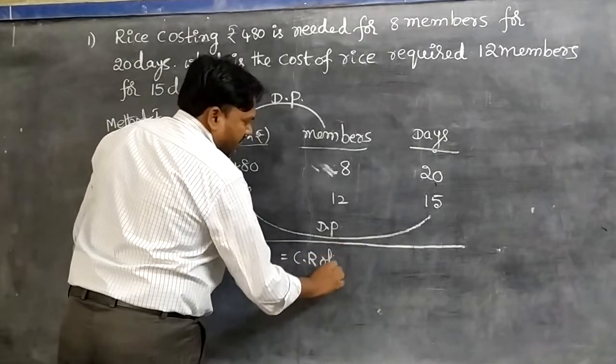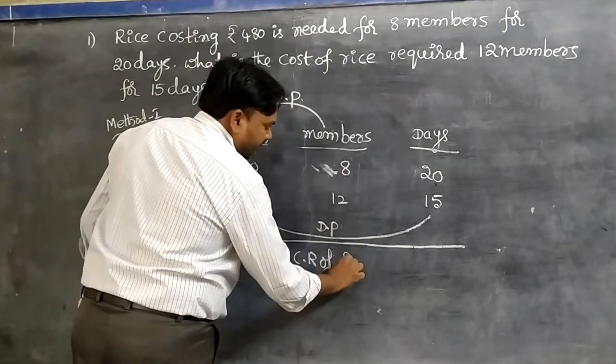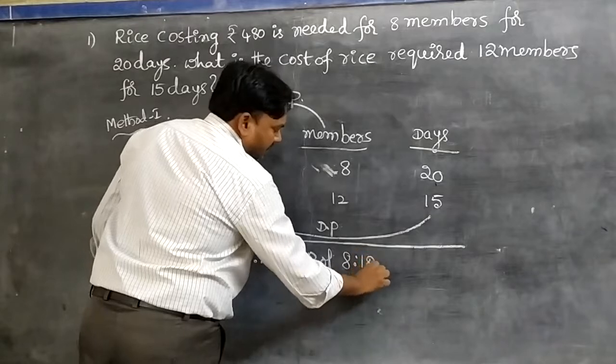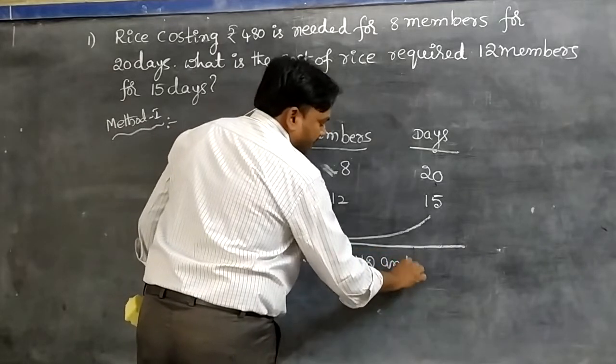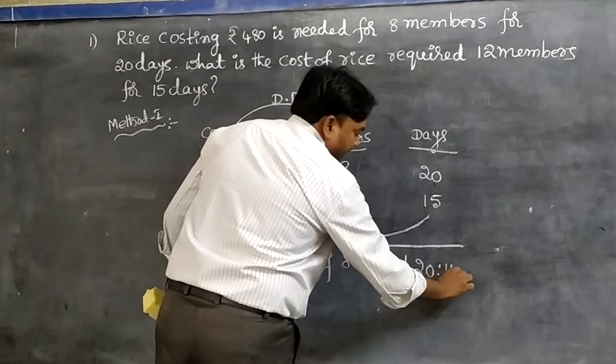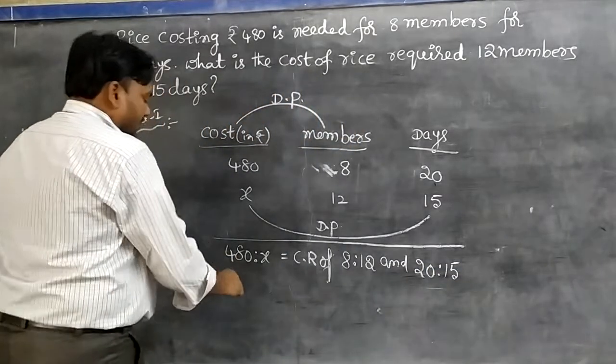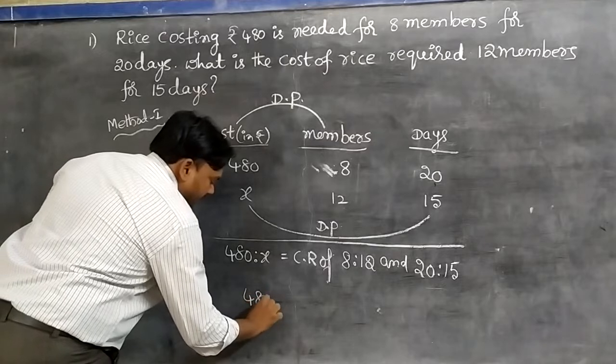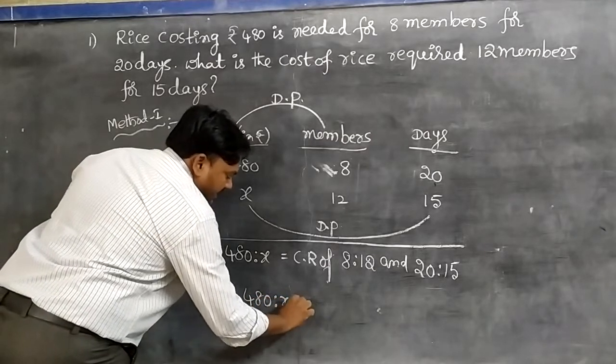CR means compound ratio of 8 is to 12 and 20 is to 15. Right. Next one, 480 is to x equal to